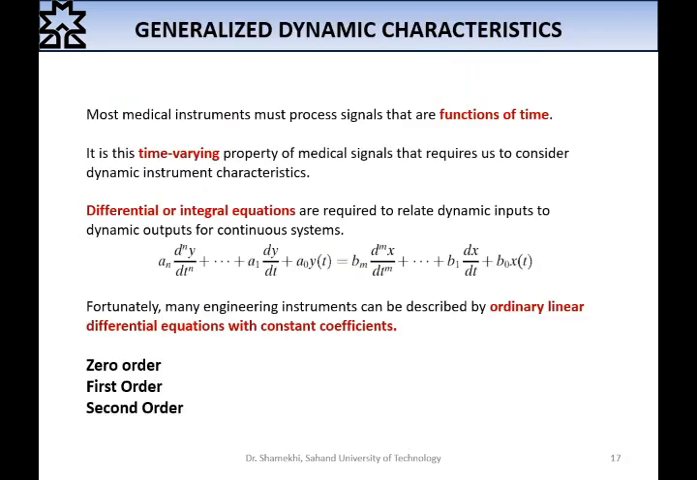As I mentioned before, the next type of characteristics is the dynamic characteristic. Most medical instruments must process signals that are functions of time. Functions of time means we have a varying, high frequency signal. And this time varying property of medical signals leads us to consider a dynamic instrument